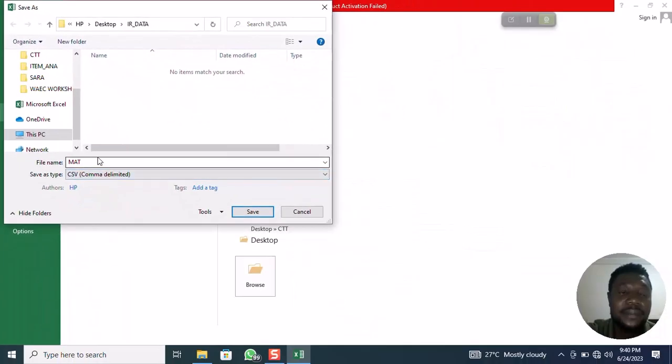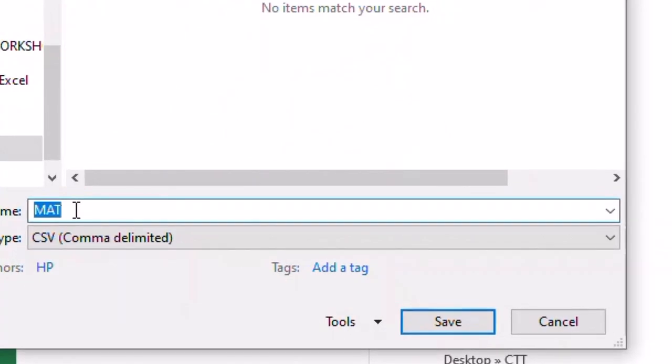After clicking on it, you can then give it a name. Of course, the name here is MAT, which is the original name. We can change it so that we won't have confusion when we need the data. You can choose to leave it like that. It's not bad, but I recommend you change the name so that there's no confusion during analysis. So I'll give this data underscore